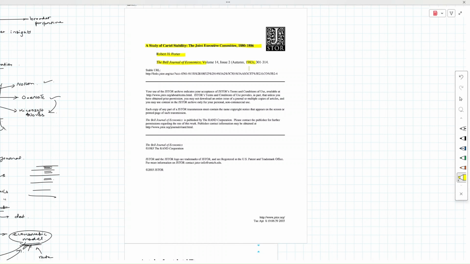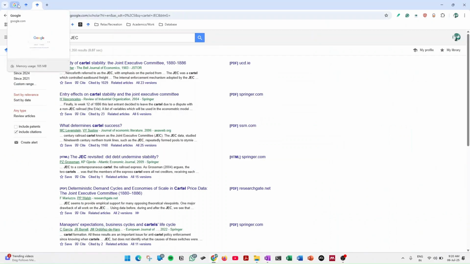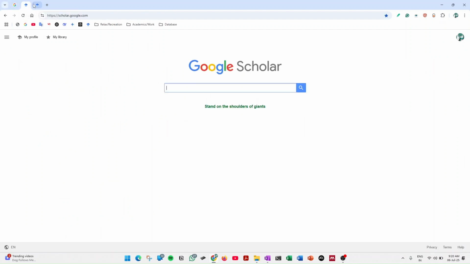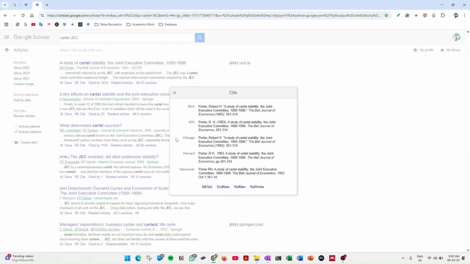What I also do is I go over to Google Scholar. If you don't have Google Scholar, you just go over to Google, you type Google Scholar, that shows this page, and then you type the title of the paper or just something basic, and it shows you the paper. Then you go over to this little cite button over here. There's a quote mark beside it. So you go to cite and it pops up different citation styles: MLA, APA, Chicago, Harvard, Vancouver. I usually go for the APA style.